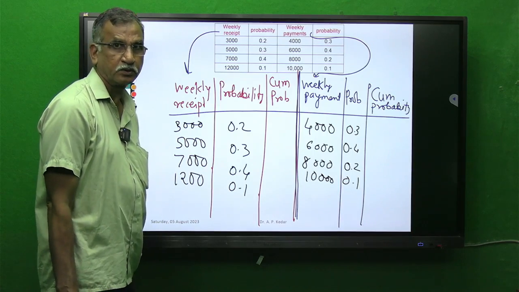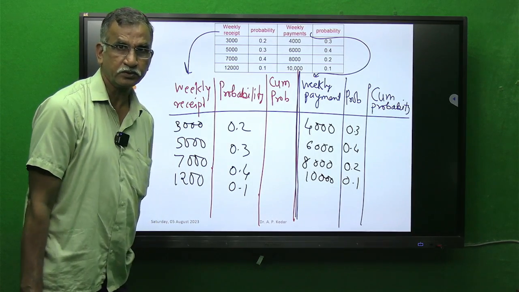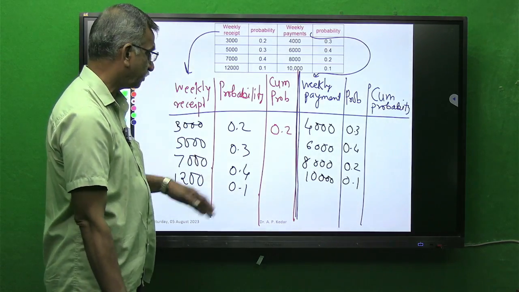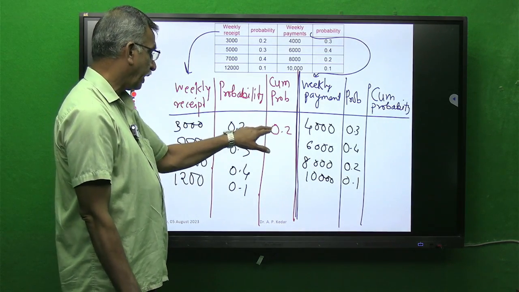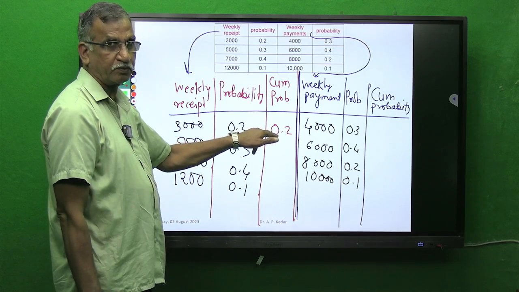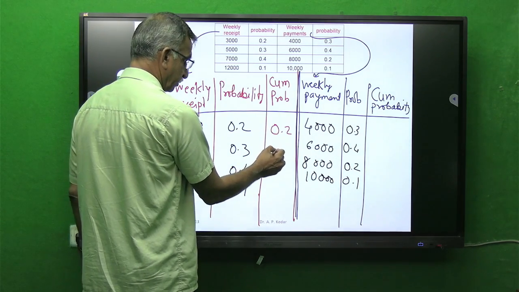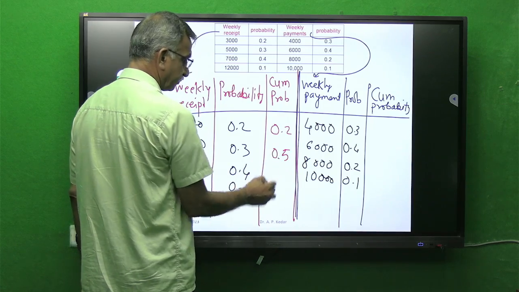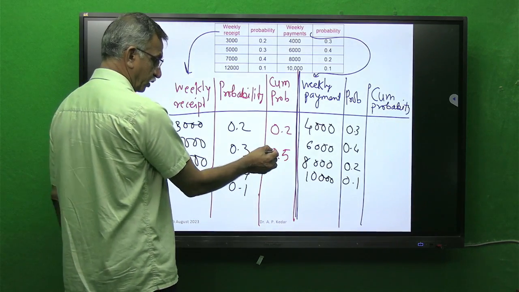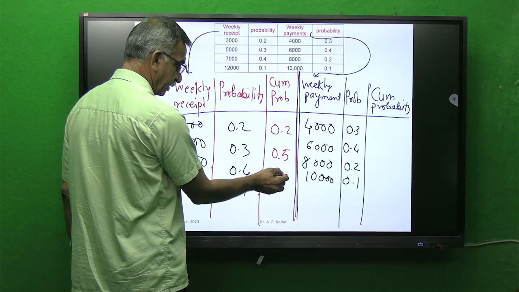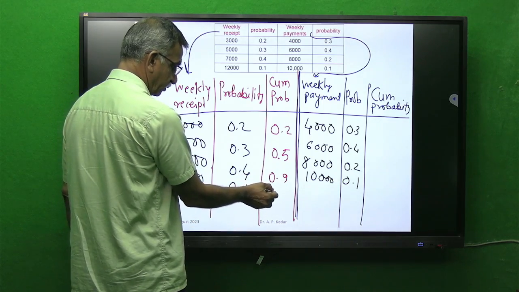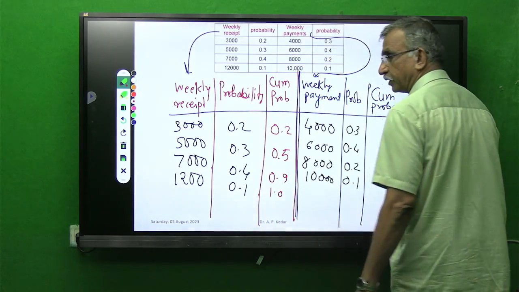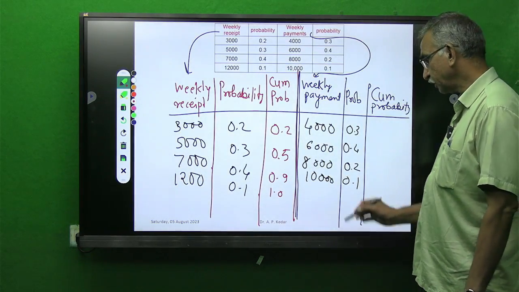Can you just guess? Very simple. Yes, it is 0.2. Then what I did yesterday, you know, add further probability in previous cumulative probability. So it will be 0.2 plus 0.3, it will be 0.5. For further value, 0.5 plus 0.4, 0.9, 0.9 plus 0.1, 1. So whenever you find cumulative probability, yesterday we have seen that it ends with 1